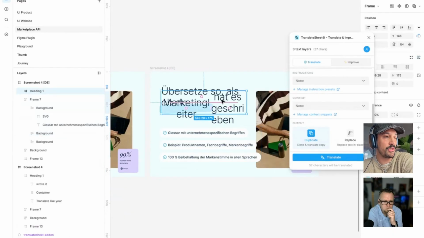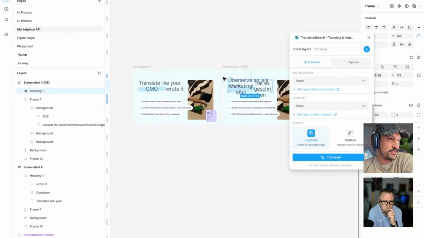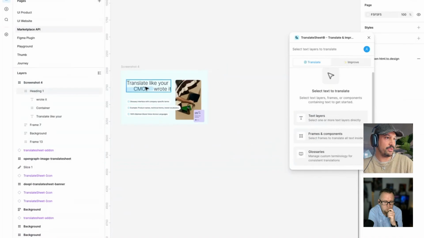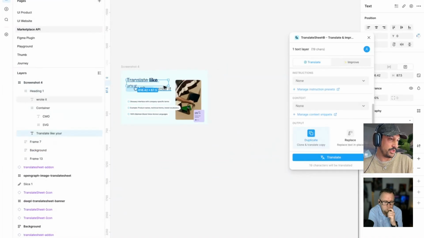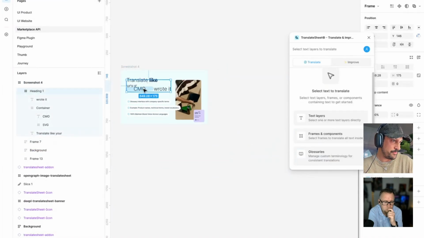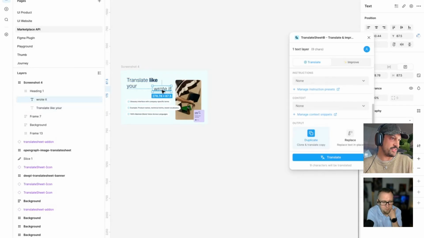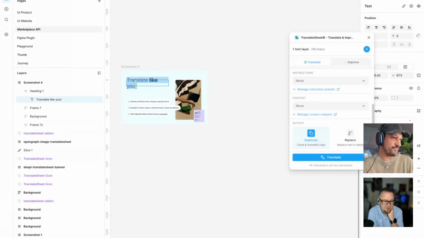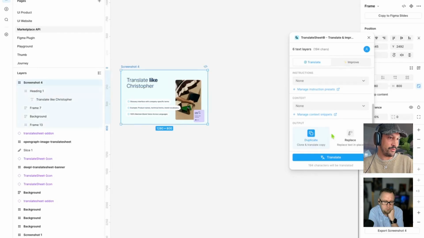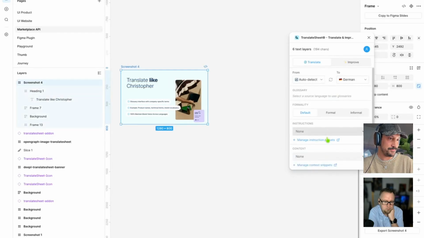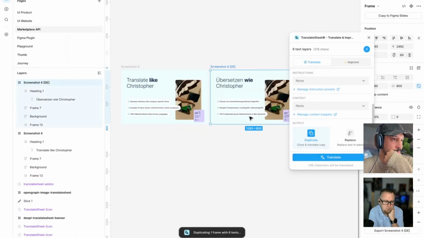And this is also working, for example, and maybe just make a copy. I will delete it here again. Maybe just make this bold, okay? And I know it's looking very bad. It's so bad of my instructions. Translate your content, okay? Translate like Christopher. Let's keep it simple, okay? And now let's do it again in German. Duplicate. And now you see